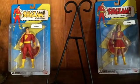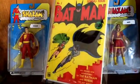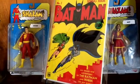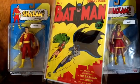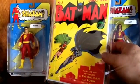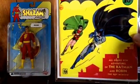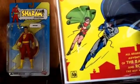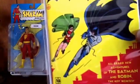The next one is a reprint of Batman #1. Can't afford the first one, and I'd like to send this off because it's in excellent shape. I would say it should be a 9.8, but you never can tell about those things. I'd like to send it off because, like I said, you can't afford the first one, and you get to read the story, and this is the closest thing I can come to having a piece of history. I'm a big history buff, so